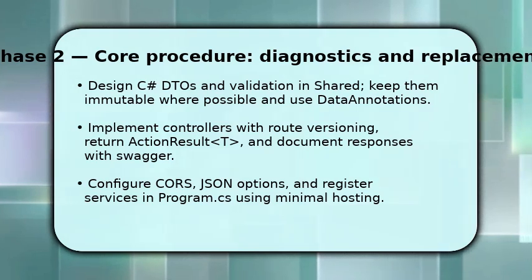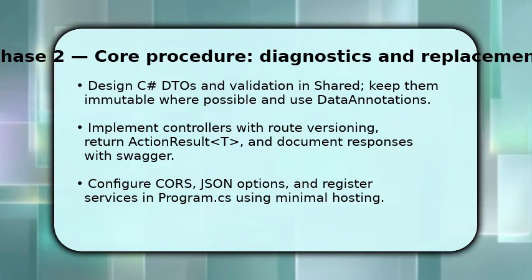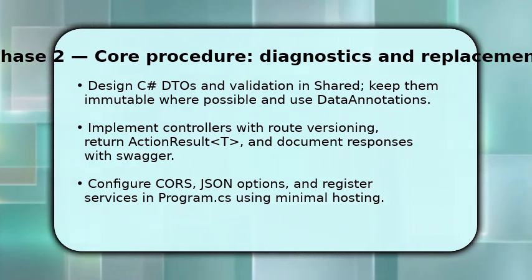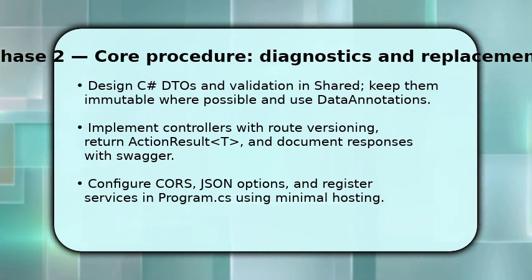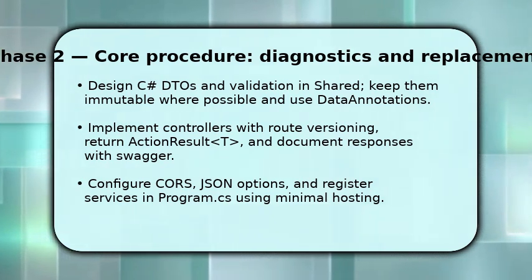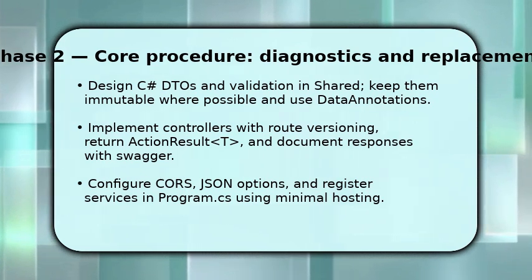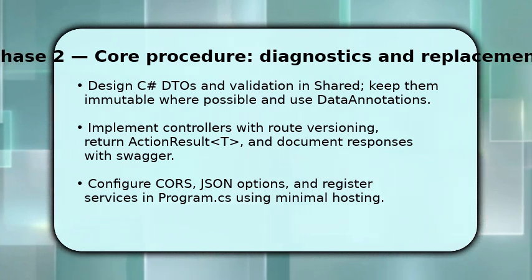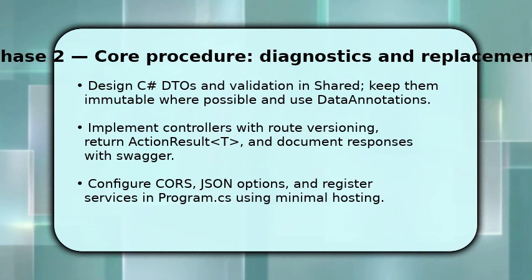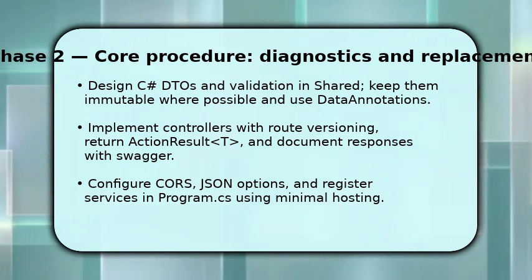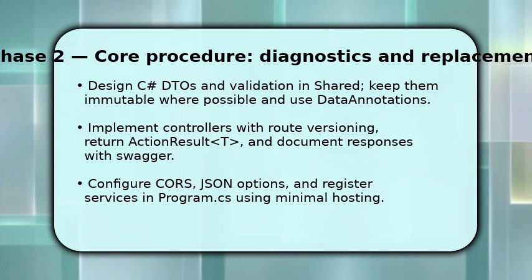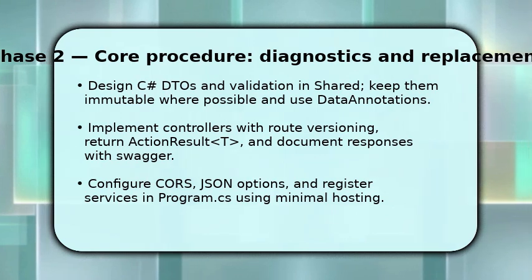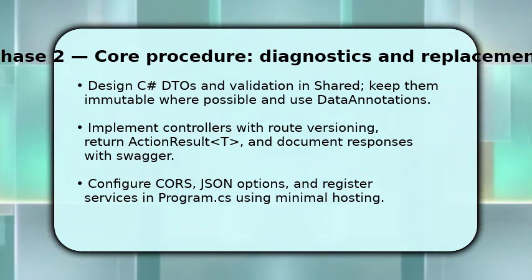Next, define the how. Put your DTOs and input validation in shared so both sides use the exact same types. On the server, implement controllers that return ActionResult<T>, configure JSON serializer options consistently, and enable Swagger for quick testing. Once done, configure CORS policy that allows the Blazor client origin, register services and HTTP client factory, and prefer dependency injection for repositories. On the client, consume the shared DTOs and use the injected HTTP client to call the